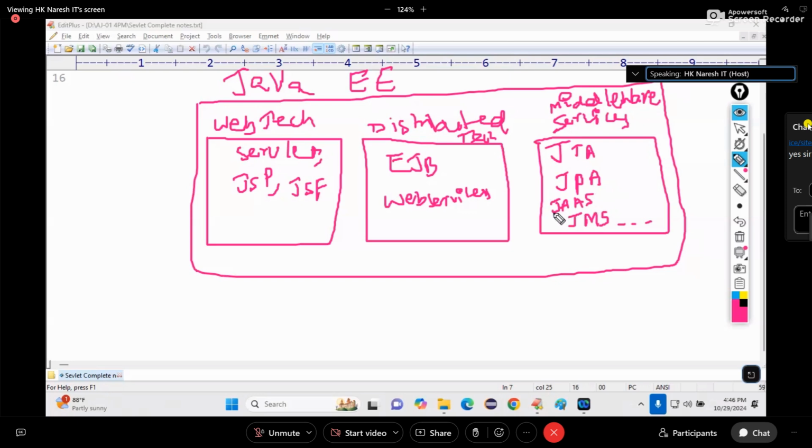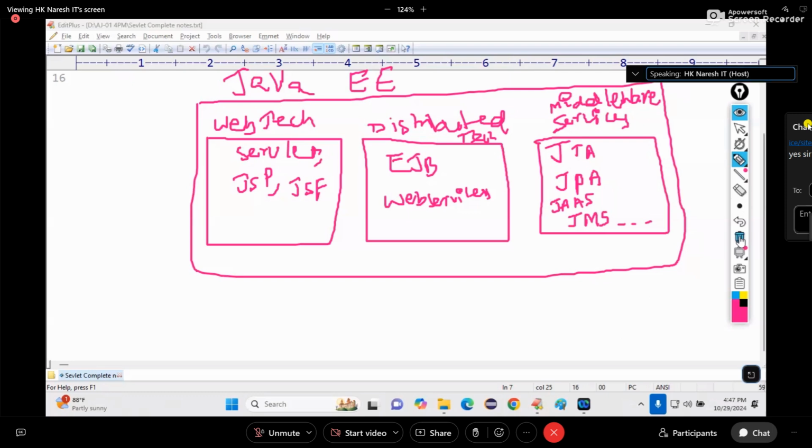JAAS, Java Authentication and Authorization Service. JMS, Java Messaging Service. Completed?